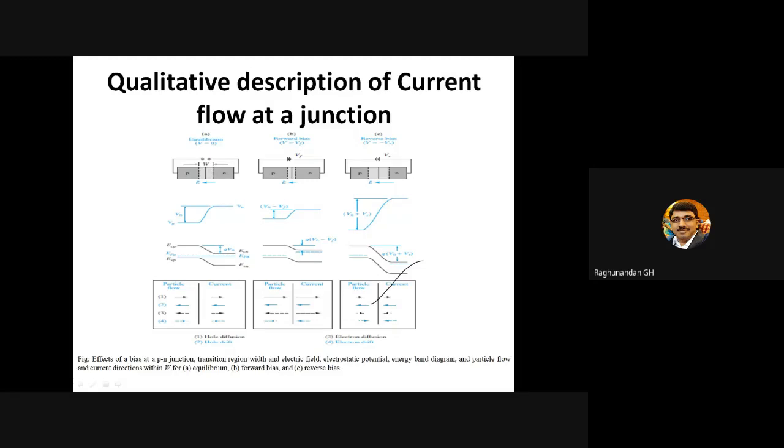How can it be reduced? By applying the battery voltage. When you apply the battery voltage, it is subtracted from the barrier potential: V naught minus Vf. So the more forward voltage you apply, the lesser the barrier potential will be. But here, the barrier potential is going to be added up with the battery potential. Because of that, the barrier potential is increased. Here it is decreased, and here it is increased, as shown.